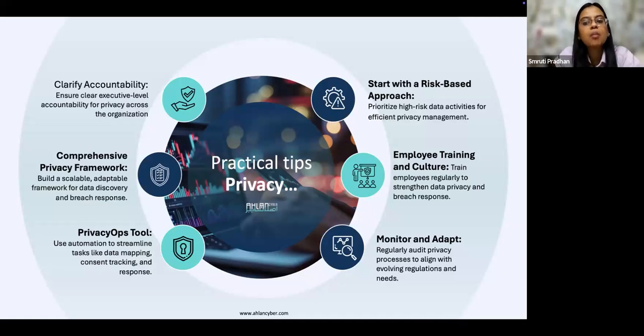And finally, monitor your privacy program. I think somebody rightly asked how frequently we need to conduct it. Focus on the internal audits. Once you have an operational privacy program in place, conduct audits, and give some time for the audits to happen, because if you're an organization which is building a privacy program, it will take some time to operationalize it as well. So have that sample data ready, and then move forward with an internal audit approach before you go forward with a regulatory audit.